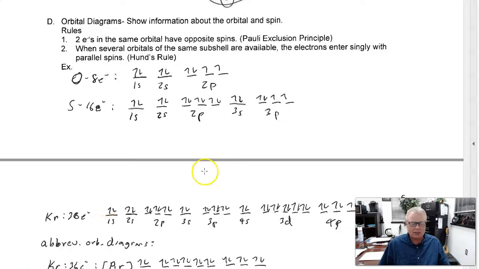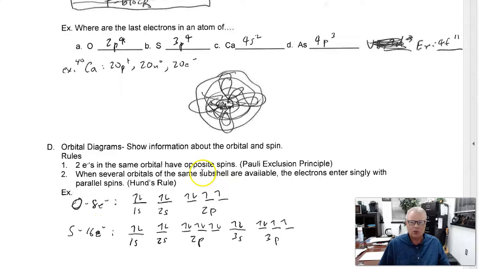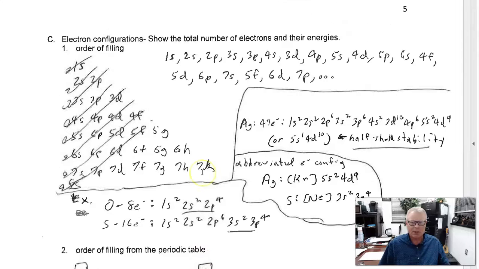Why was it that I said, you remember the order of filling way back up here, we got to 7p, and I said that was really as far as you needed to go? Because I could keep going. I mean, technically, there's an infinite number of energy levels and sublevels here. Shells and subshells, same thing. Why did I stop at 7p? Well, remember we're writing ground state electron configurations. In other words, we're writing the lowest energy state, which is the way you would expect to find them 99%